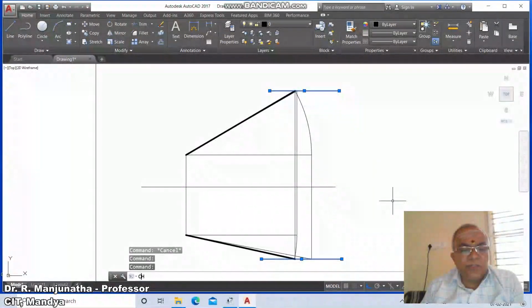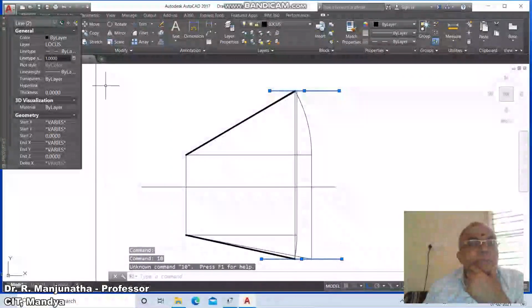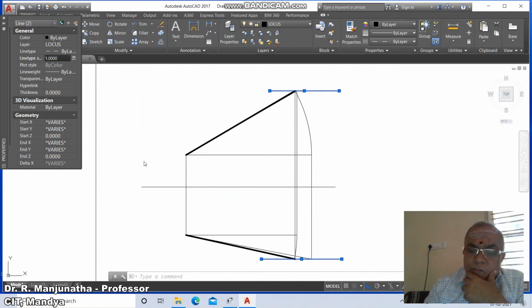and then select on this and select on this. You go to CH, go to layer, you make this layer as locus layer and change the line thickness to 10. So come down to this and say 10. Go to 10 and then escape.